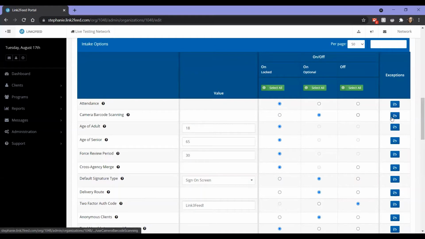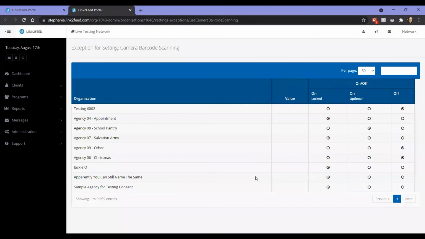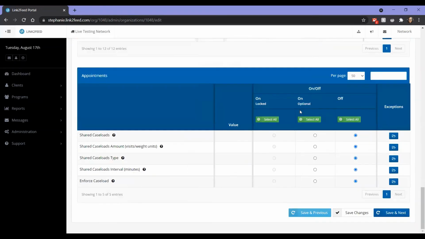The last column has a little blue folder. By clicking on it, it will give me a breakdown of which option my agencies have decided to track. So if I were to save my page here,